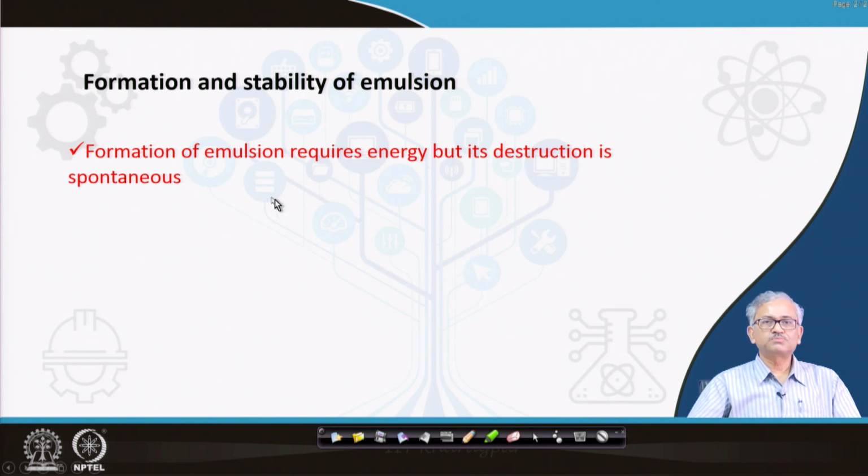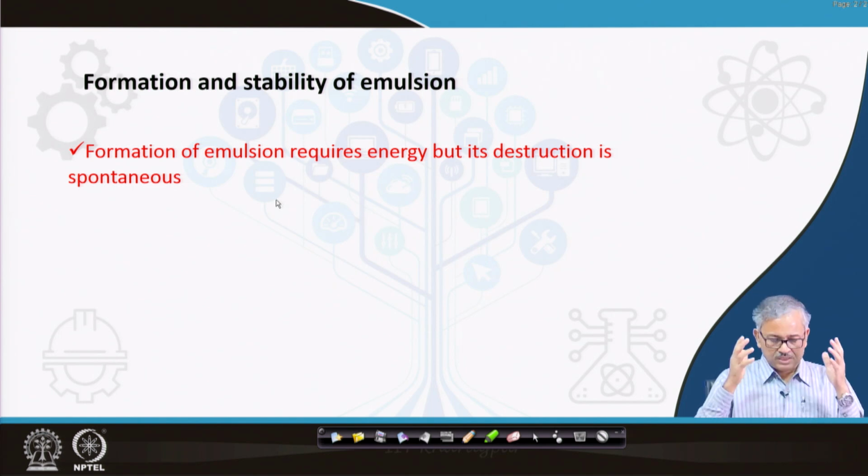But its destruction is spontaneous. When you form an emulsion, its destruction, the collapsing of the emulsion, is a spontaneous process. Why is it spontaneous? Because in the emulsion you have created a lot of surface area, since all the liquid droplets are there. Liquid droplets and gas bubbles are there with a lot of surface area, because they are small droplets. So you have a large surface area in the emulsion, and